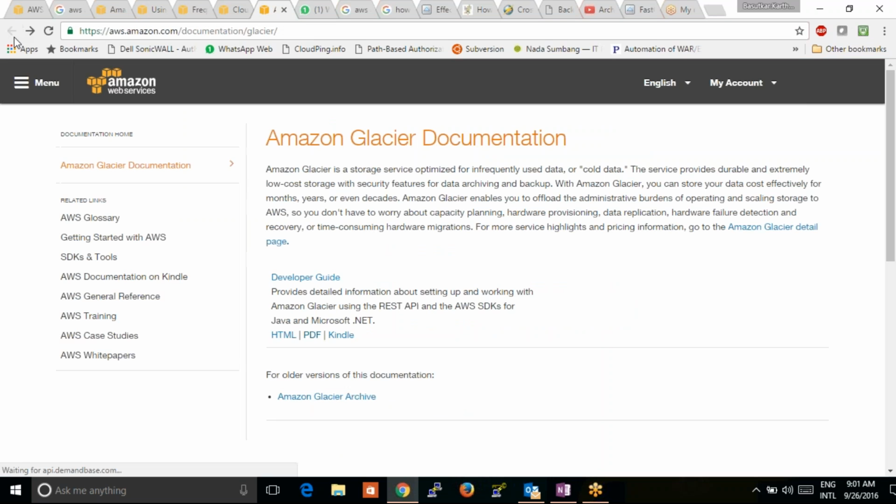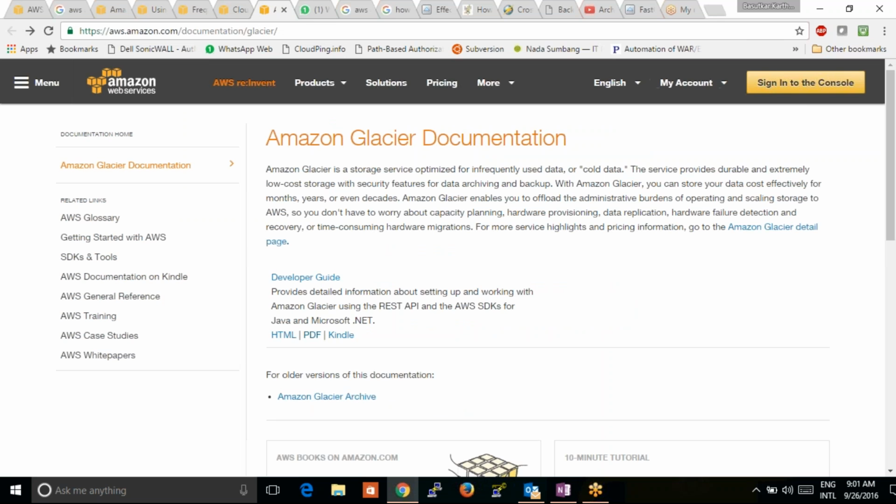developers guide. You cannot find their user guide. See, under this documentation services, aws.amazon.com/documentation portal, when you go for Glacier, there you'll find directly the developers guide. So